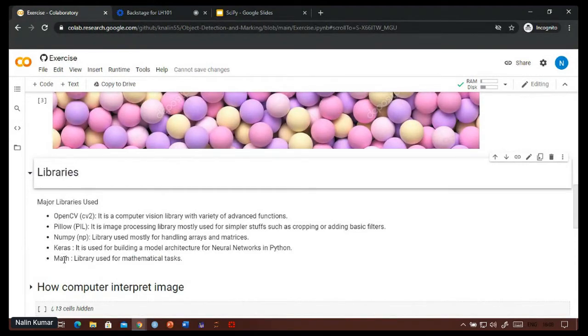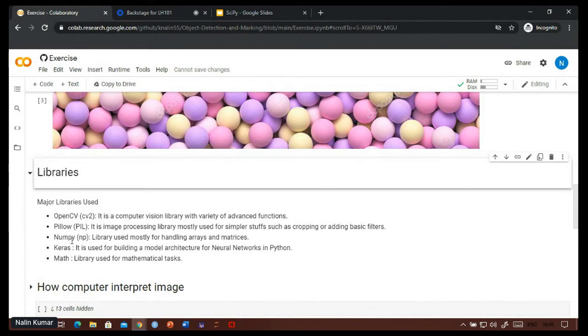It is a really simple library used for simple mathematical expressions and tasks, like finding a square root or multiplying. Then there is NumPy, which handles vectors, arrays and matrices, so we use it for calculations related to them.